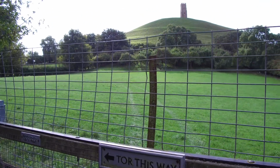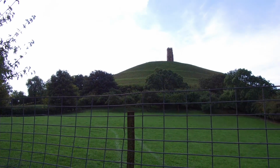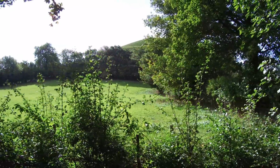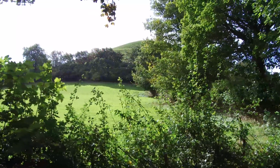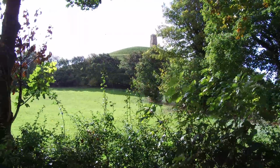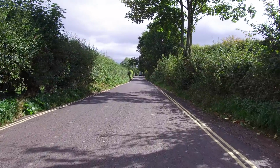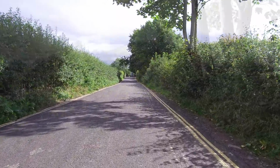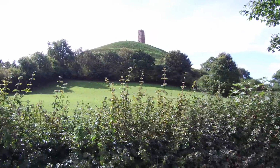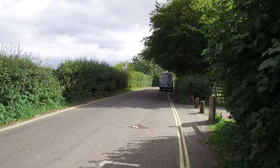Although a peninsula, the Tor would have looked like an island from most angles of approach in ancient times. An old Celtic name for Glastonbury, the town, is Ynys Wytrin, or the Island of Glass. Excavations on the Tor have revealed some Neolithic flint tools and Roman artifacts, indicating some use of the Tor since very ancient times. The terracing on the side of the hill, if man-made, which it does look like, may also